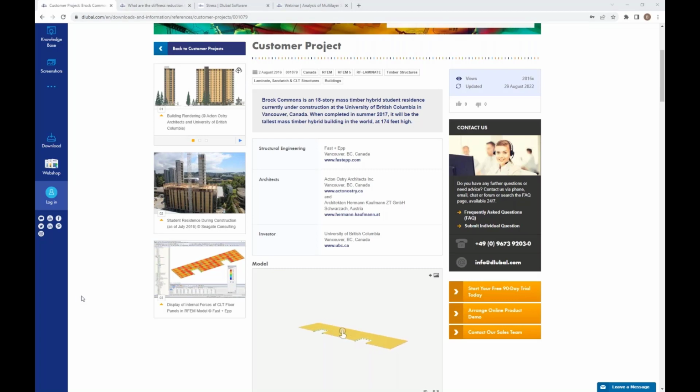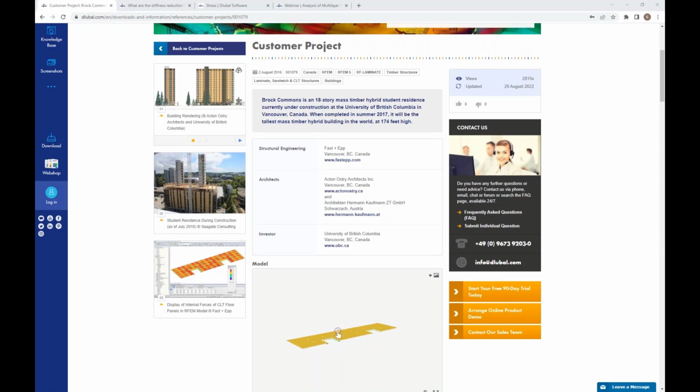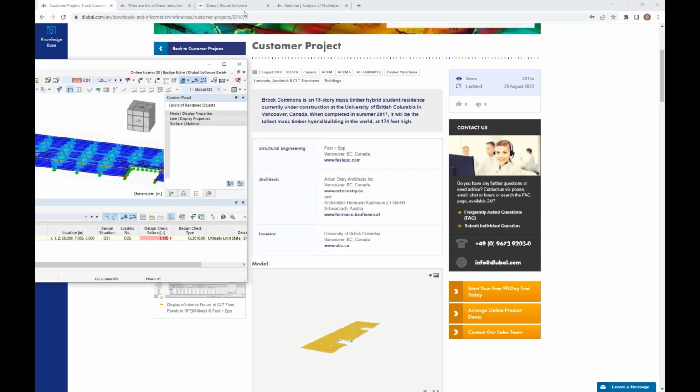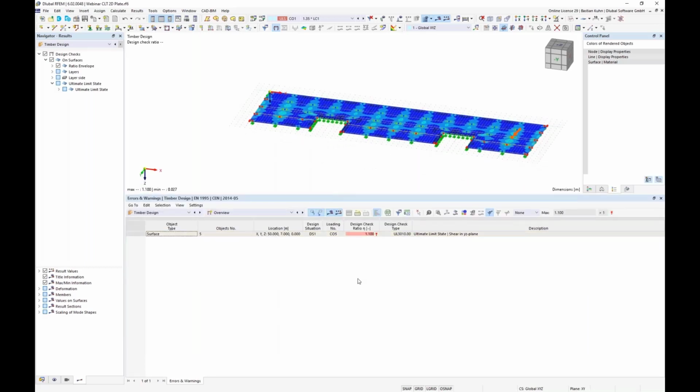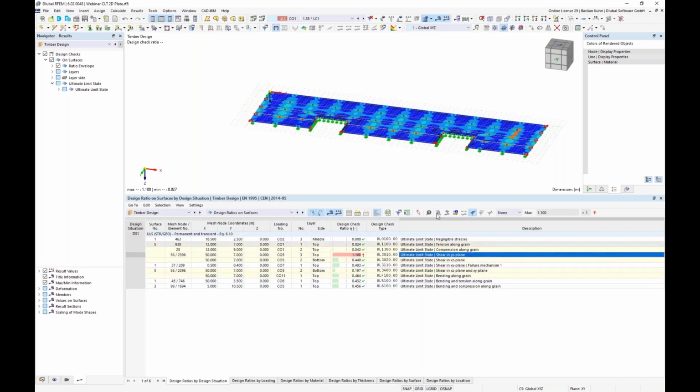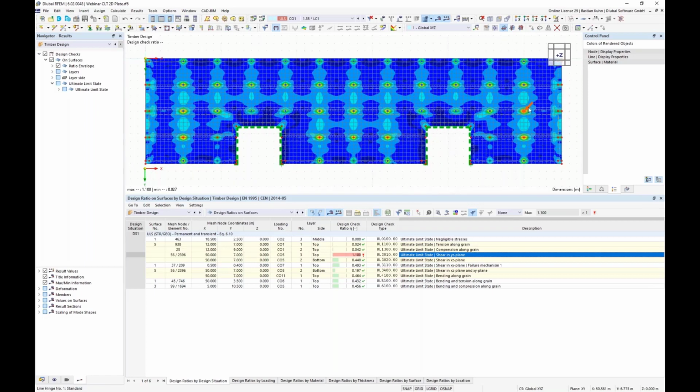Okay, we can take a look at the results in RFEM 6. Hold on. How did we name it? I think it was this one. Yeah. Okay, so you see, we now have an overloading, which is not the desired behavior because we want to be green and smaller than 1. But if you look into the details of it, you can see that the overloading is just in a very